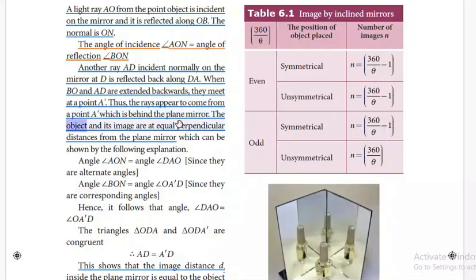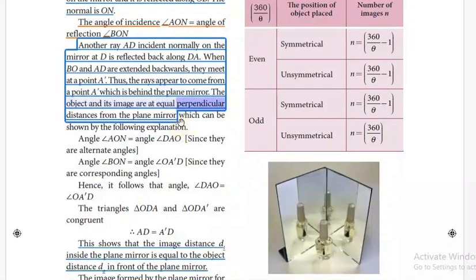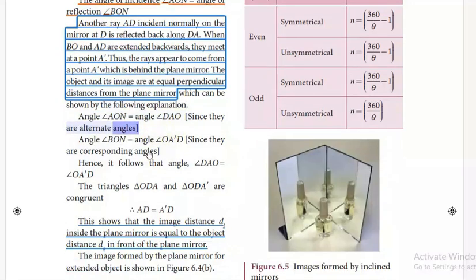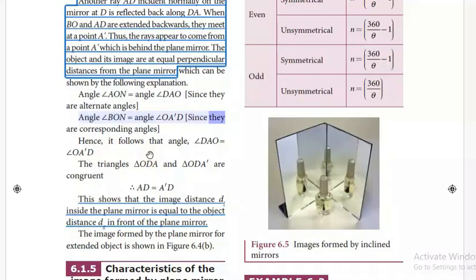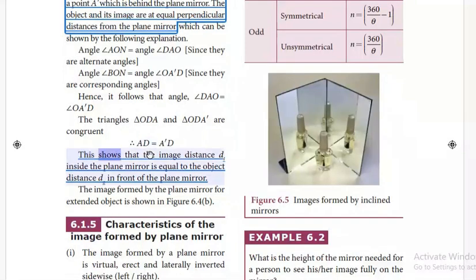The object and its image are at equal perpendicular distances from the plane mirror, which can be shown by the following explanation. Angle AON equals angle DAO, since they are alternate angles. Angle BON equals angle DA'O, since they are corresponding angles. Hence, it follows that angle DAO equals angle DA'O, and the triangles ADO and A'DO are congruent. AD equals A'D, therefore. This shows that the image distance DI inside the plane mirror is equal to the object distance DO in front of the plane mirror. The image formed by the plane mirror for an extended object is